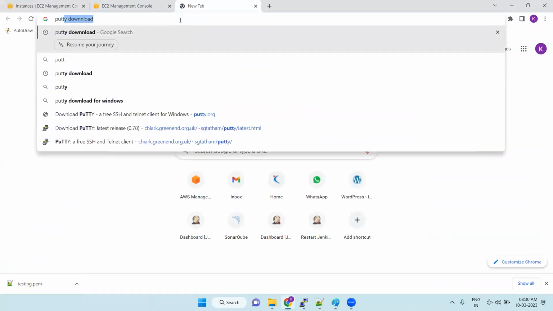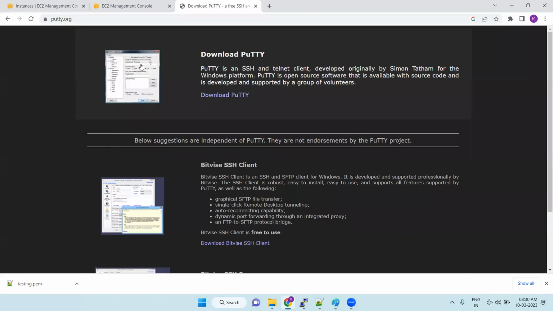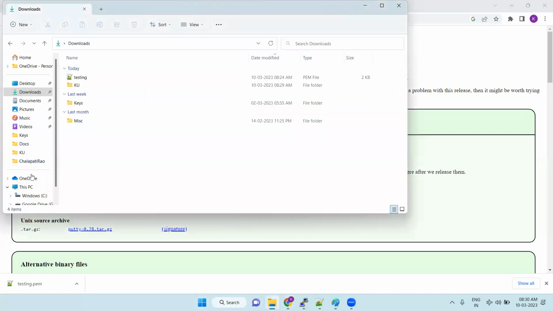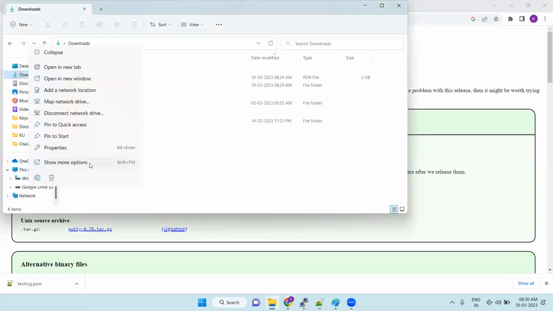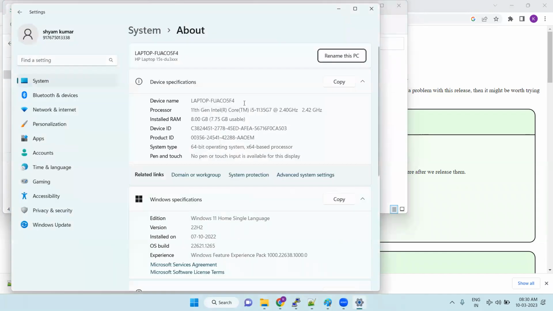Putty download. So click the link. So download the Putty. Here we have 64-bit or 32-bit x86, ARM. So go to your system, This PC, show more properties. Once you click the properties, you can see